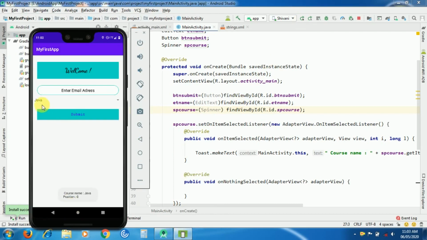So here we have our list, and the list follows the index position like an array. It is starting from 0 and onwards. So if we select this item, it will show the course name Java and the position 0. So let's check it.